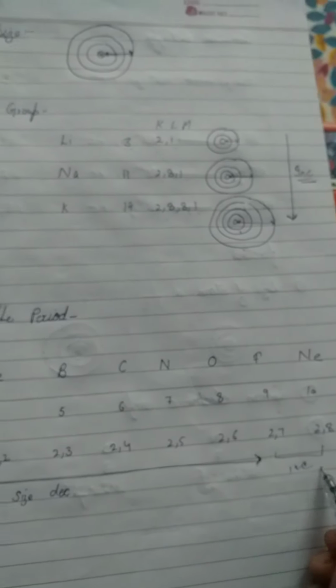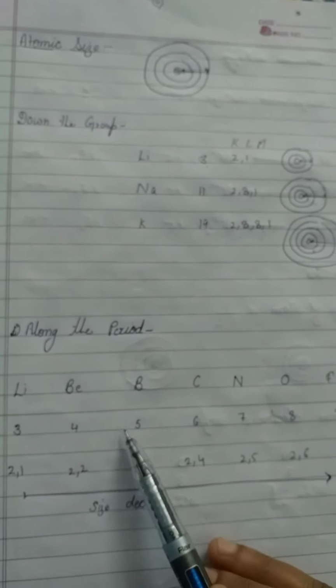As we move from lithium to fluorine, size gradually decreases, and when you move from fluorine to neon, size increases. First I want to discuss why size decreases when we move from lithium to fluorine, because you can see there is no increase in number of shells. There are 2 shells as we move along the period. The number of electrons goes on increasing in the shells, but the power of the nucleus, or you can say the effective nuclear charge, goes on increasing as we move along the period. Because effective nuclear charge increases, size decreases, because the nucleus is now stronger. It can attract the shell toward itself more strongly, so that's why size decreases.